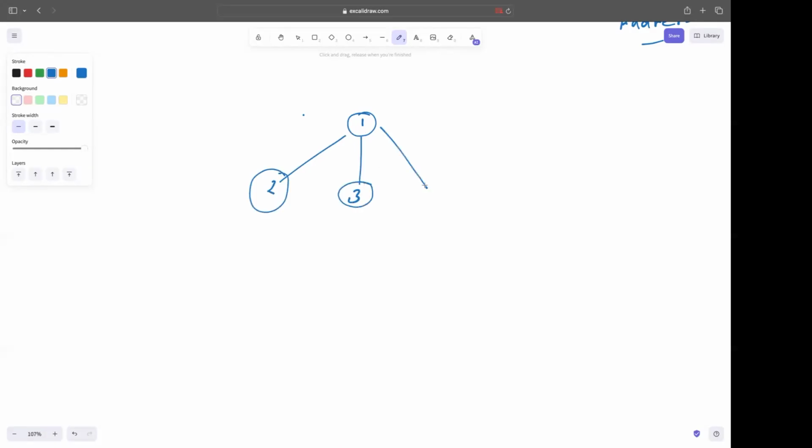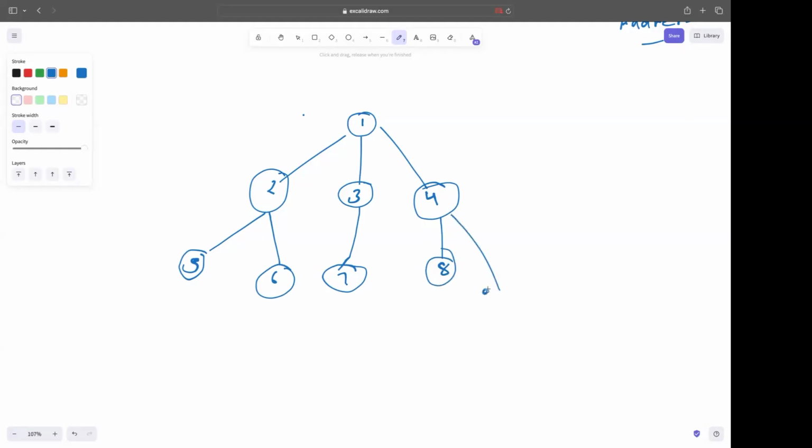3, 4, and then it can also have some more children. Let's say 5, 6. It can have this one, then it can have this one, it can have this one, it can have this one. So what we are getting is a tree is a kind of a data structure or a shape where